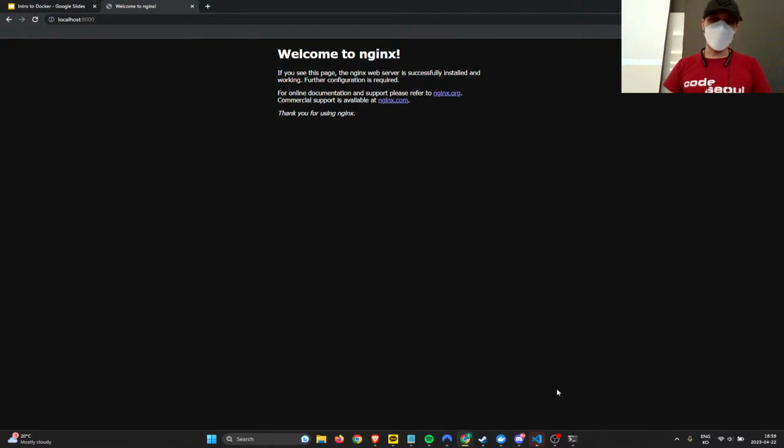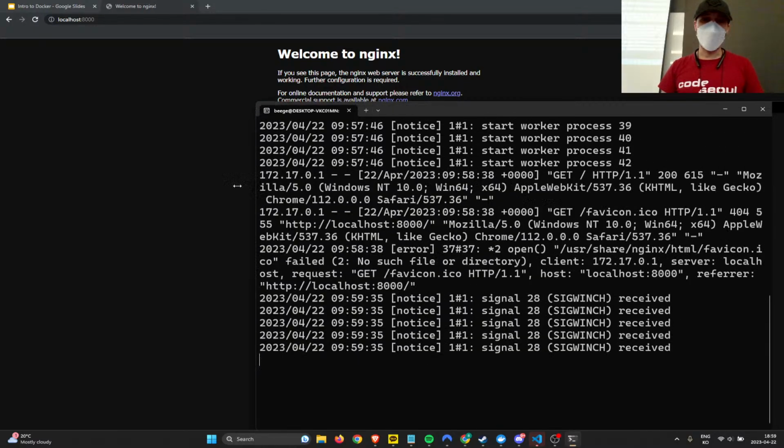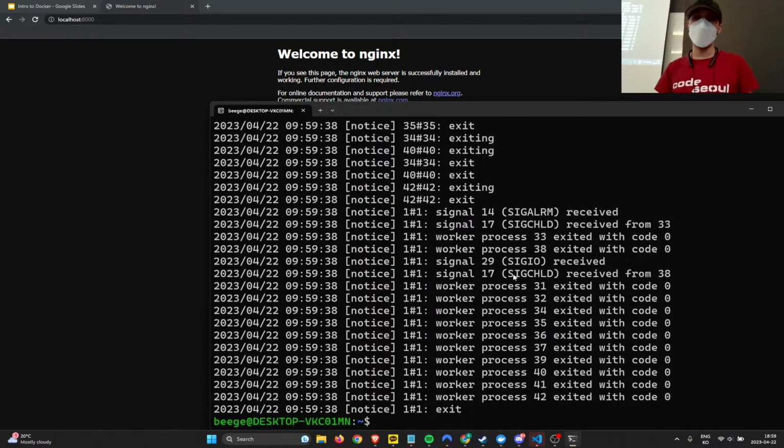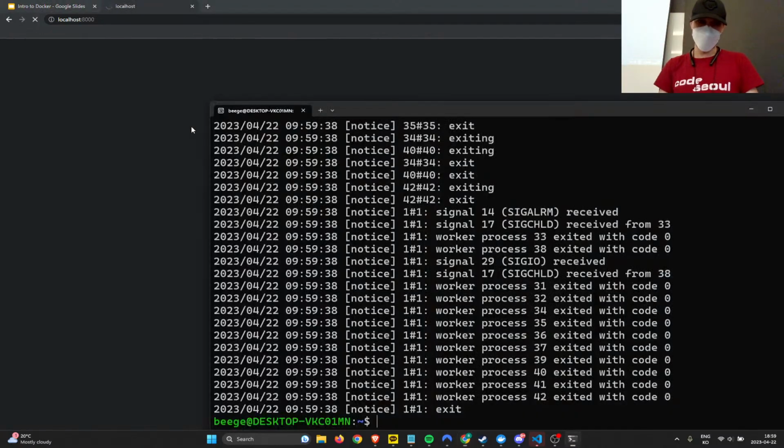But anyway, to kill the server, what you can do is press Control-C in your terminal, and that'll kill the web server. And you'll see if I go here, it's gone, it's trying to hit it, and there's nothing there because we killed the server. So going back to this command here, this -p 8000:80,